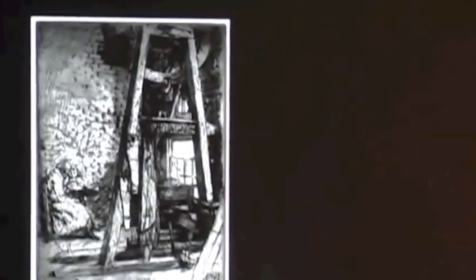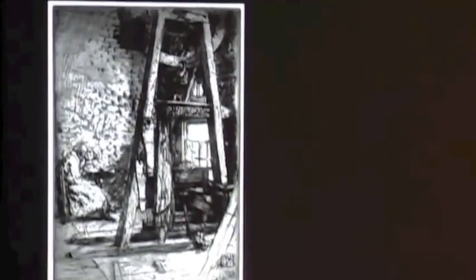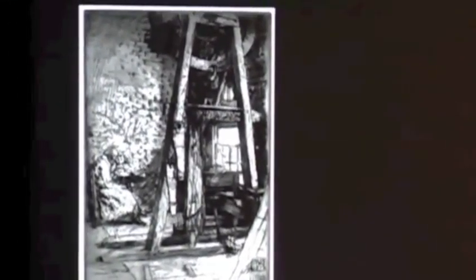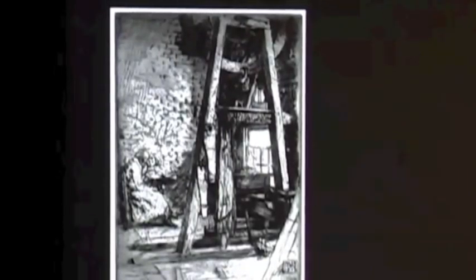This is Arthur Lewis's first state of his print called The Workshop. You'll notice it's a little hard to figure out what this room is like. It almost looks like a mill room or something like that. But you see two people in the left part that are sitting there, and